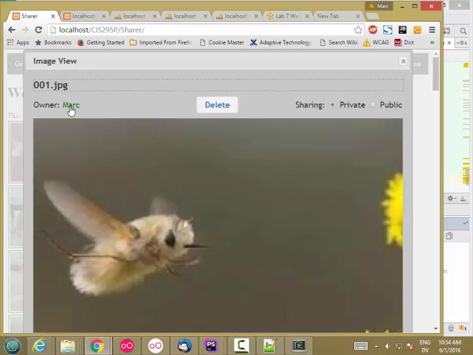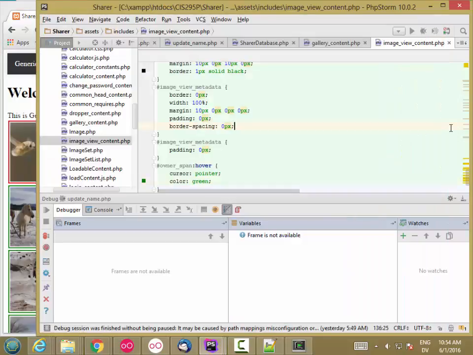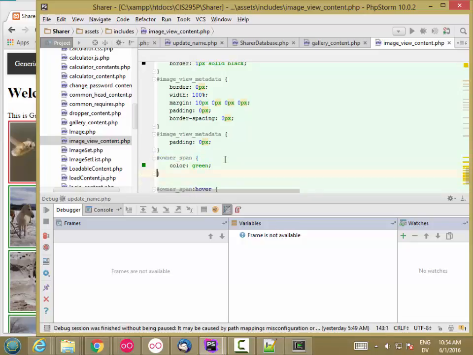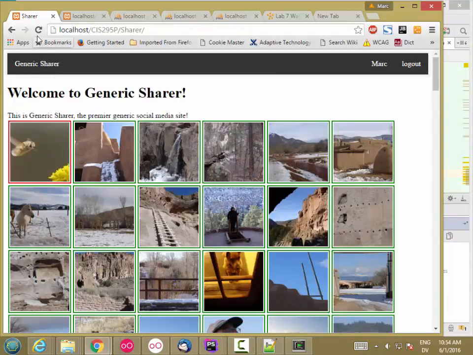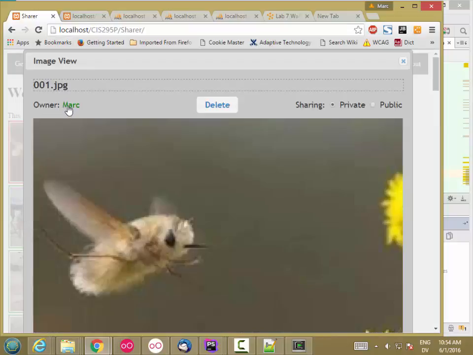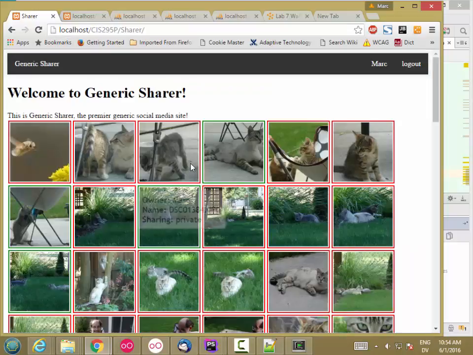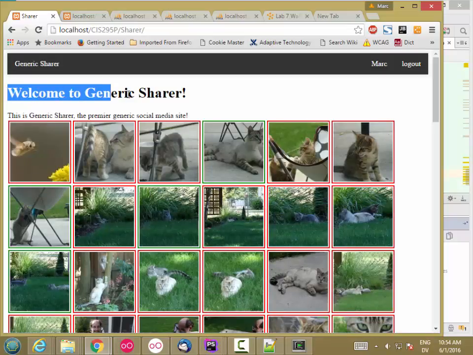Actually, that was the hover, so well, let me set the owner span to color green, and then leave the hover the same. Okay, so now I can change the gallery,